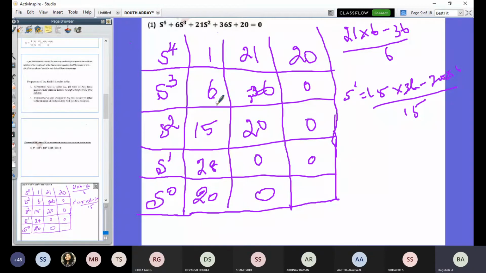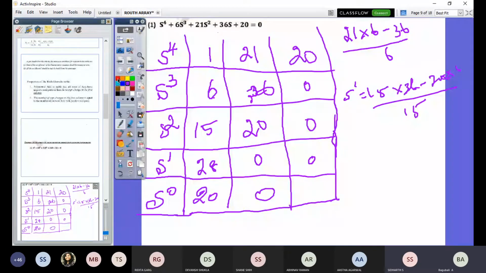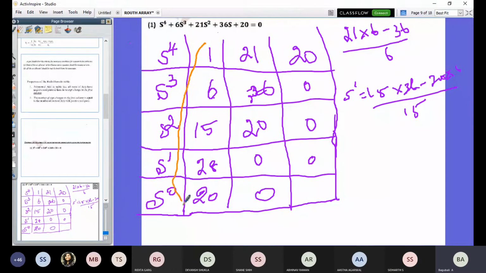So we will see the number of sign changes in the first column. Okay, dear. Is there any sign change in the first column? No, sir. So this is the first column in the Routh array. Is it clear? You can see here to here it is positive sign, here to here positive sign, here to here positive sign. There are no sign changes. It means that it is a stable system. All the roots are located in the left half of the S plane. So the system is absolutely stable. Is it clear?